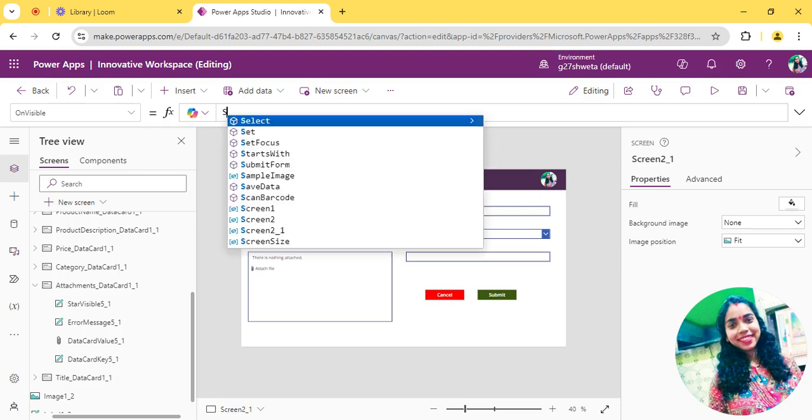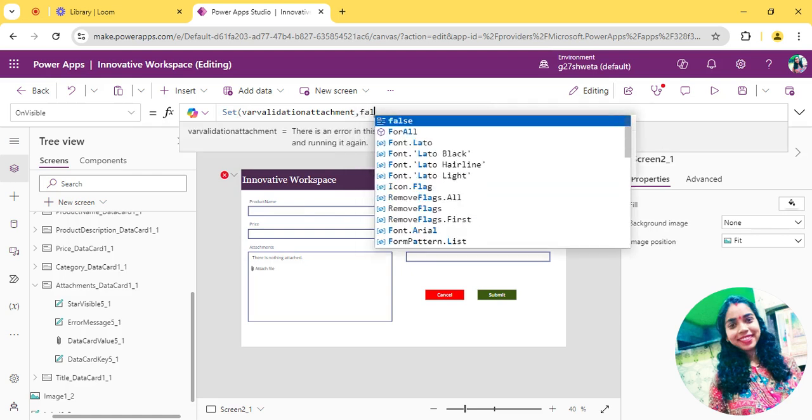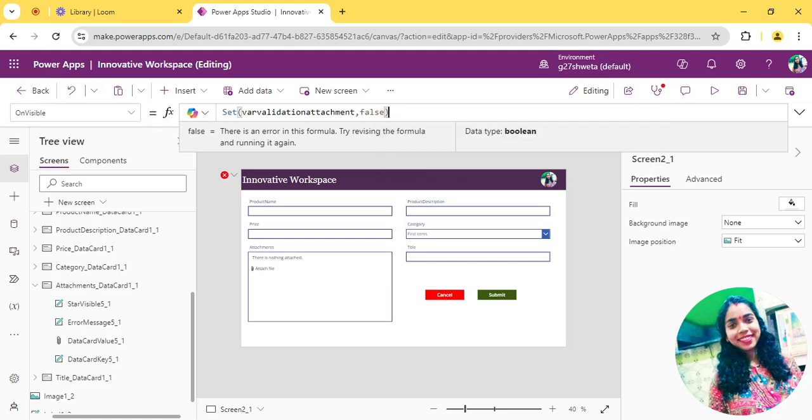Set. I am making it false so that once the user comes on this screen, this variable value is false.